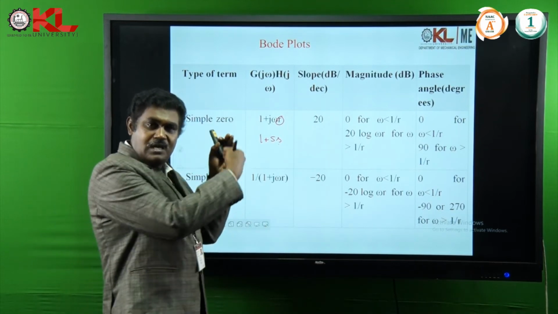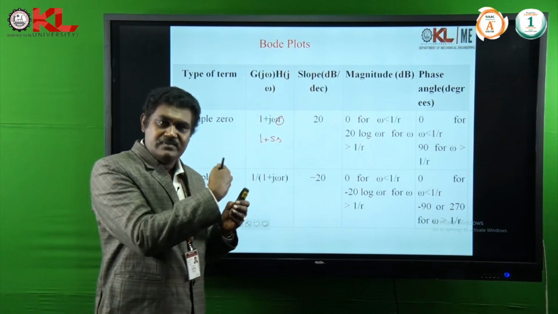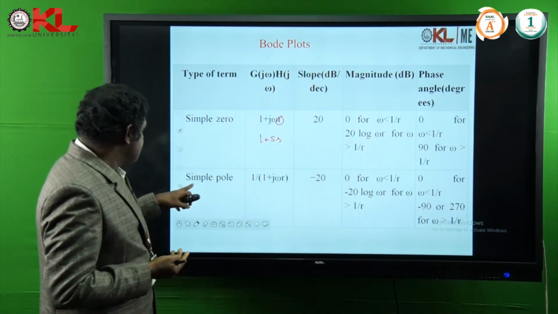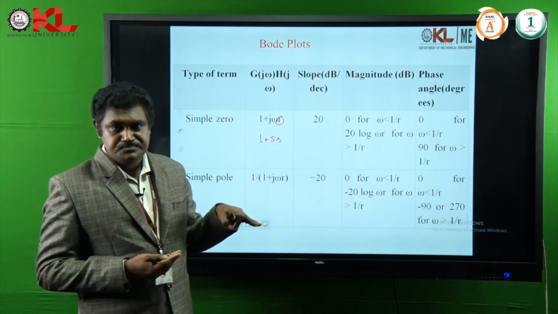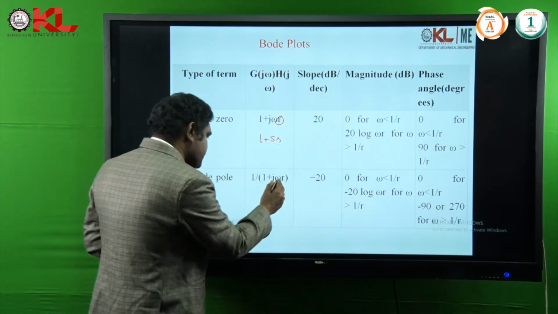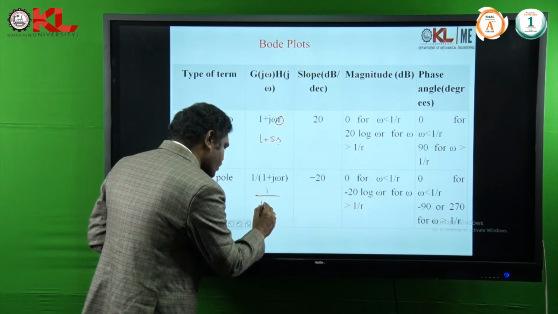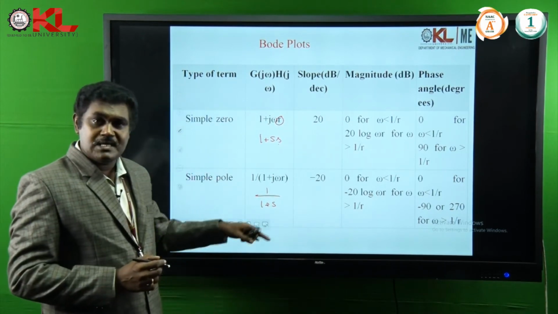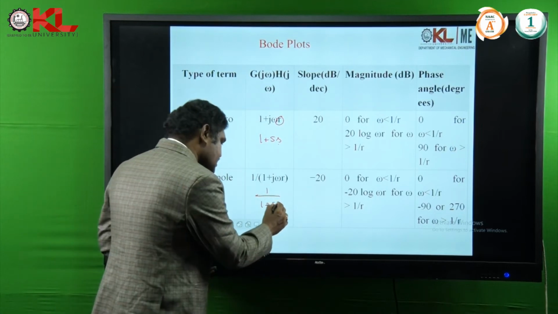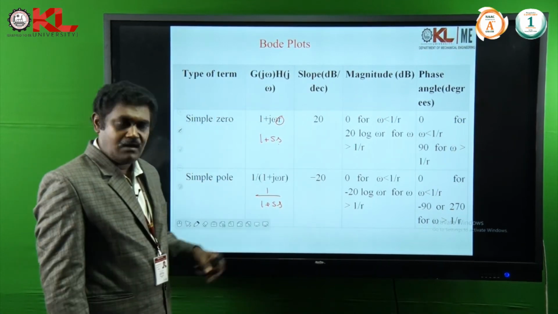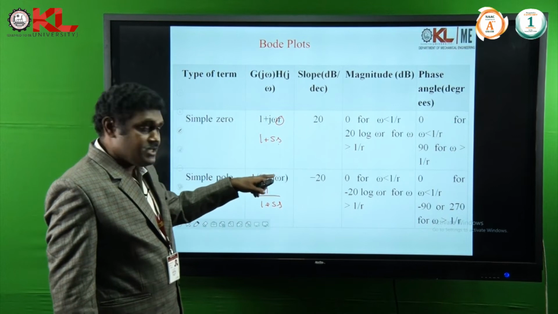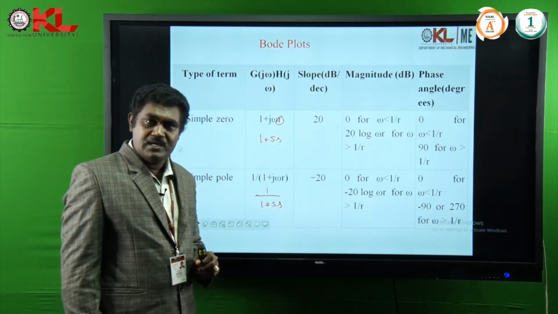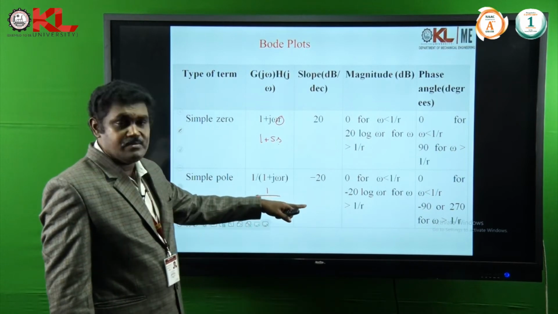Before that I just want to explain the different basic factors we use to construct the Bode plot. Similarly, you can use the simple pole. The simple pole is represented like this: 1 by 1 plus s, with some constant if it has any constant, that is r. So, 1 by 1 plus j omega r, then here the slope is minus 20 decibels per decade,